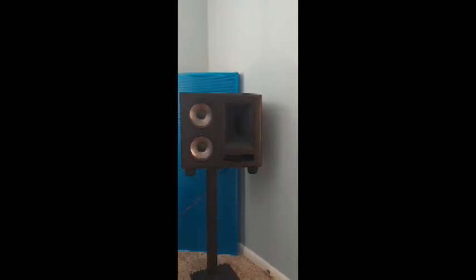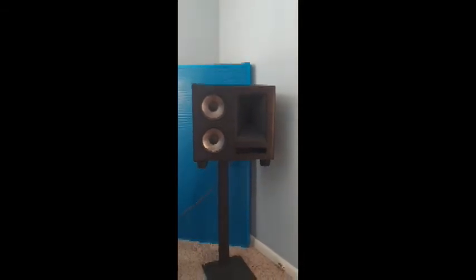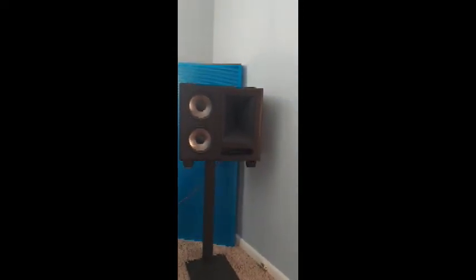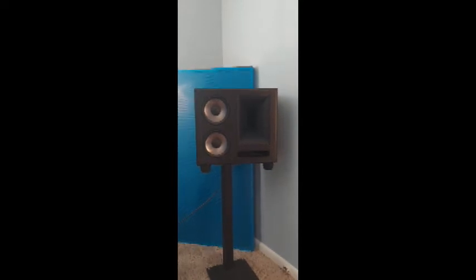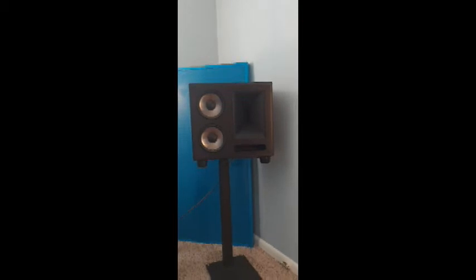you have to turn the treble up a little bit. And when you do turn the treble up, in all honesty, they come to life and they sound great. But like I said, having to turn the treble up to get everything to come to life just didn't seem right for a Klipsch speaker. And so anyway, whenever I was listening,